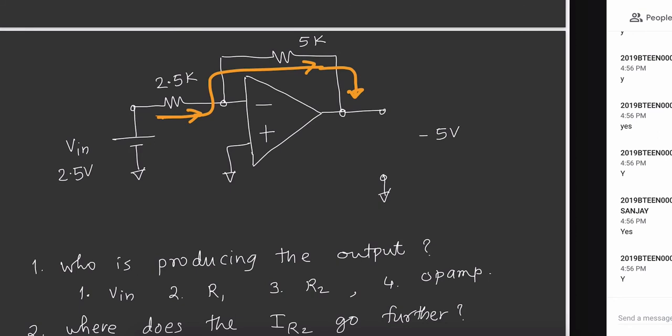It means what is the only possibility? That the current is, yes, current is into the op amp. Current has to enter into the op amp. Yes or no? Current has to enter. Is there any other option? There is no option. Current has to go inside the op amp.